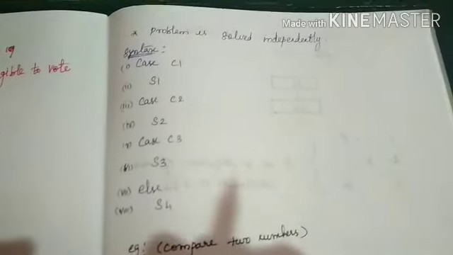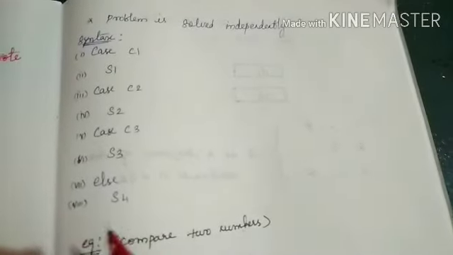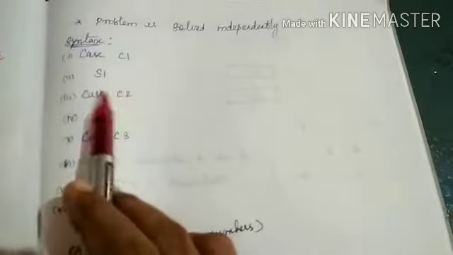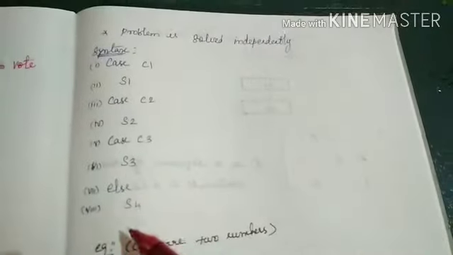But in if statement, only one statement is given, that is, if the condition is true, the statement is executed, otherwise skipped. In if-else statements, only two statements: if the condition is true, the below statements are executed, if false, the else part is executed. In case analysis, more than one condition is given. Here C1, C2, C3 are the conditions. S1, S2, S3 or S4 are the statements.